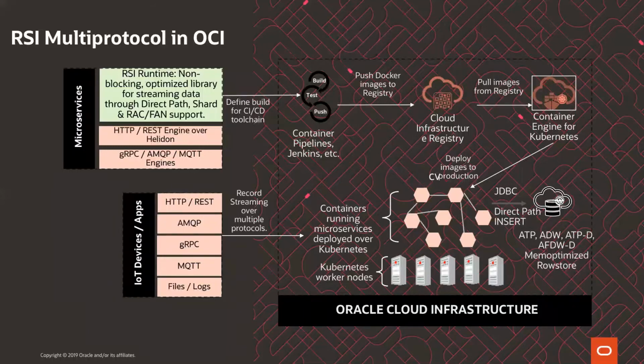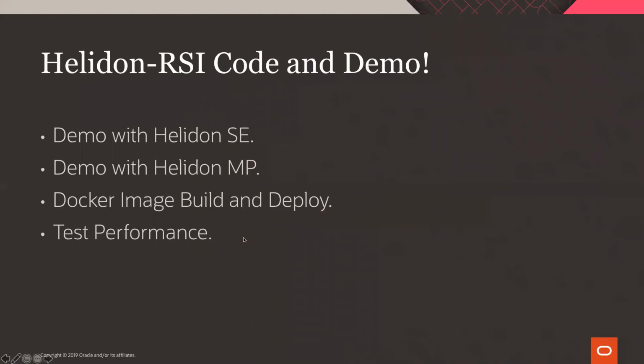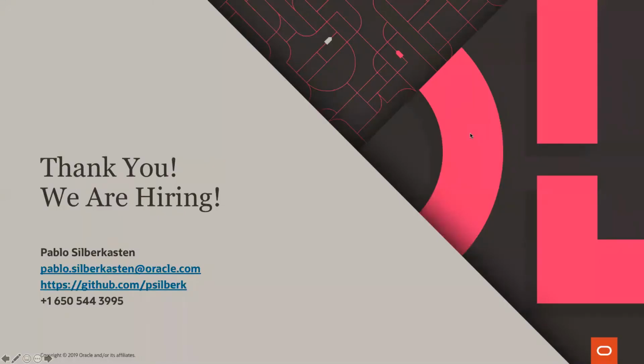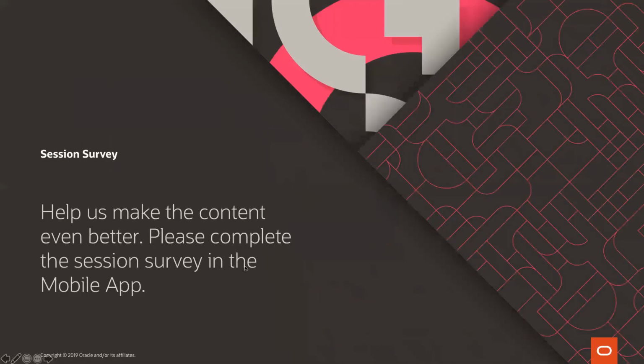And this is how we are going to do our demo at a high level: we publish the image, we have it running in OKE, and then it's going to call the cloud database, and we are going to run some records in here to ingest into the database. So let's do the demo. Eventually, this is what we are going to do. We are going to have the library, we are going to expose the records with Helidon, and we are going to use JMeter to insert into the database.